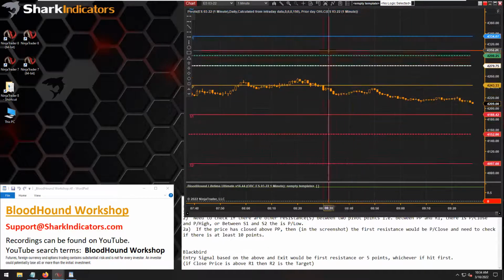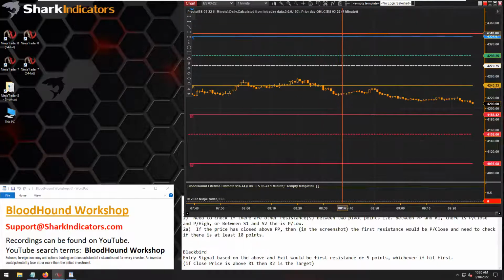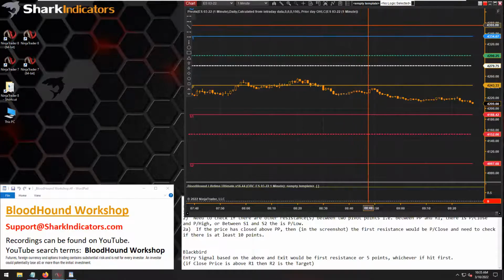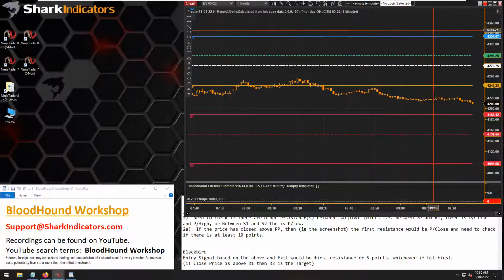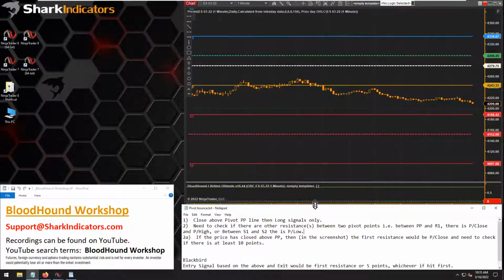So when price is above the PP line, then there's only long signals when price goes above R1 and then bounces off of the top of R1 or R2 or R3, right? So, because of this one key requirement here,